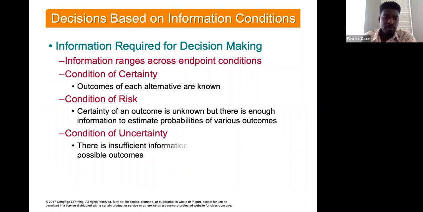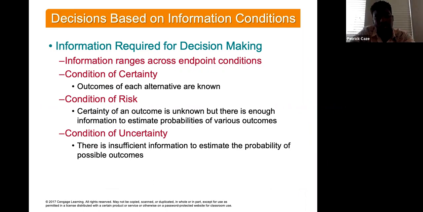All right, so some of the information required for decision making. Because this is uncertainty, right? How certain am I that a certain decision is going to result in a particular outcome? This is where probability comes in. What are my chances of making a decision and this particular outcome happening? What are the risks? What's the risk of me making the decision? Am I taking too much risk or too little risk? Am I risk averse?